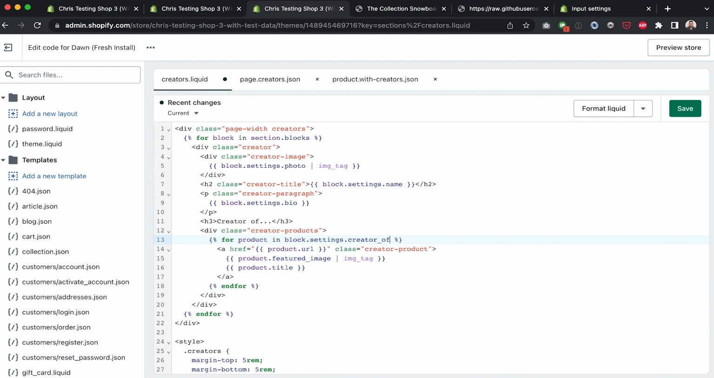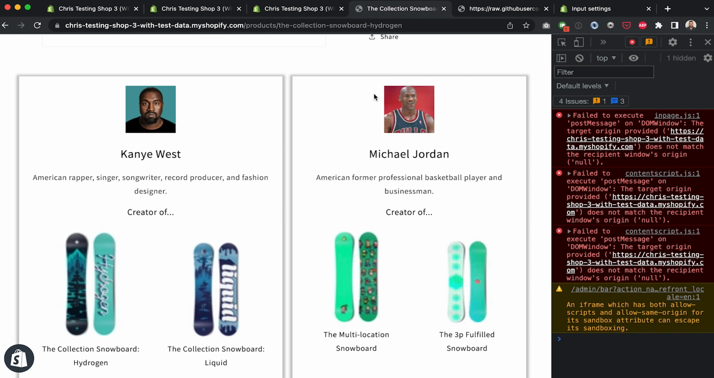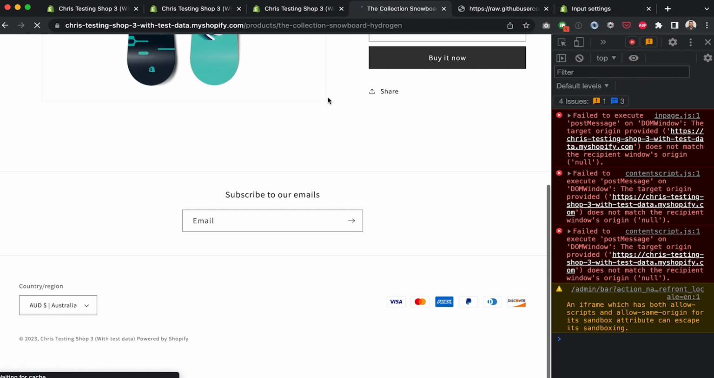We don't need to put value here, so I'll remove that. And then product URL, product featured image, and product title. We're still dealing with a product object here, so that should still work, okay? Now if I hit save on that and we go back to the product object here, you'll see that that